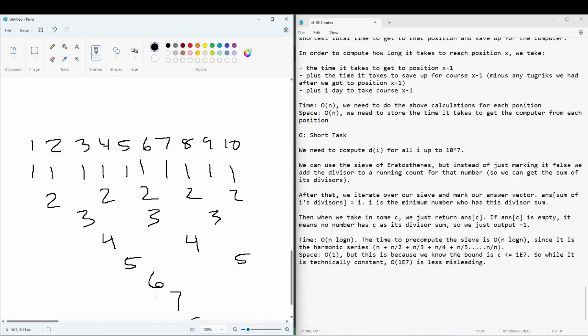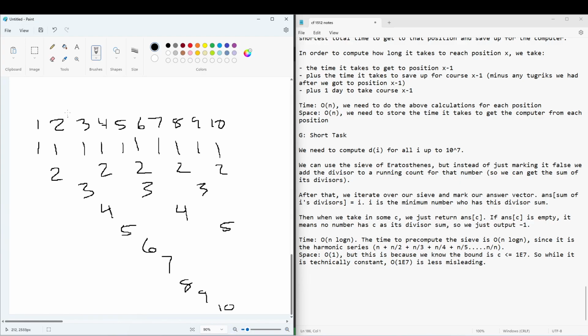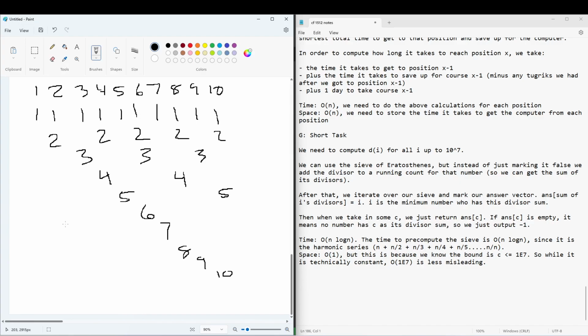So then if we were to sum all of this, I'll move this up a little bit so I have room to write the sums. This would be 1, this would be 3, 4, 7, 6, 12, 8, 15, 13, 18. So once we have this, so this goes all the way up until 10 to the 7th, we